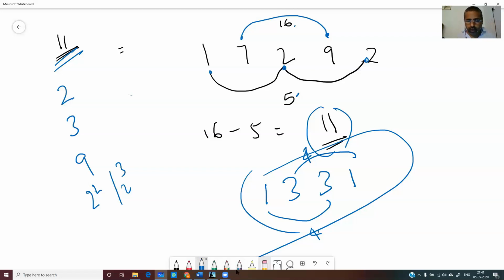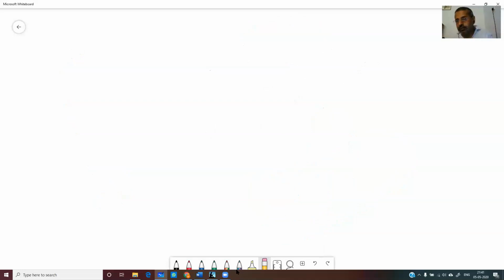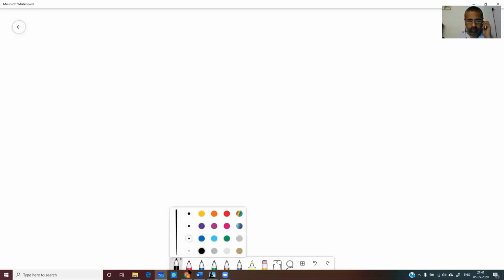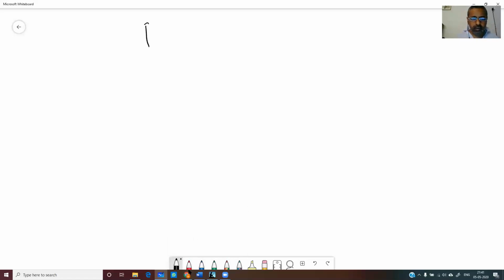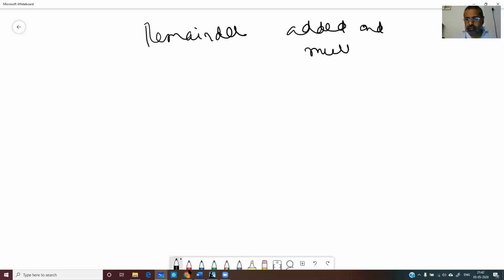Along with the divisibility rules, we have also found out how to find the remainder, and how to add something to get a number that is exactly divisible. Now, one small concept before you start solving the problems is remainders. One very important rule to solve problems fast is that remainders can be added and multiplied. I'll explain this further.